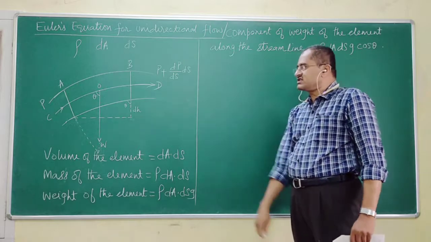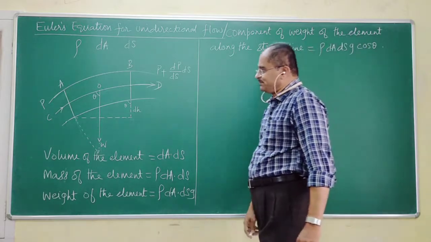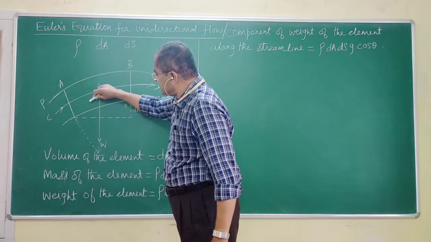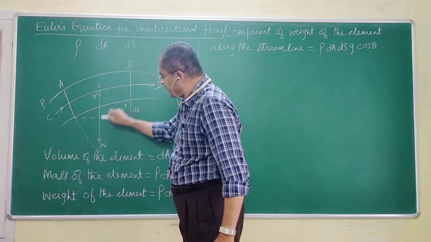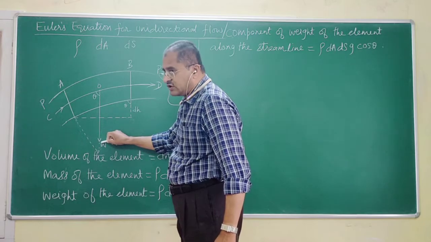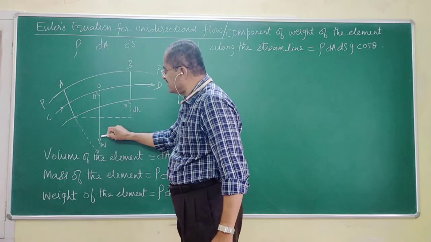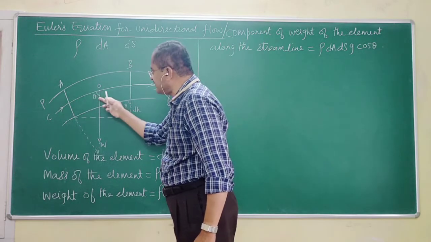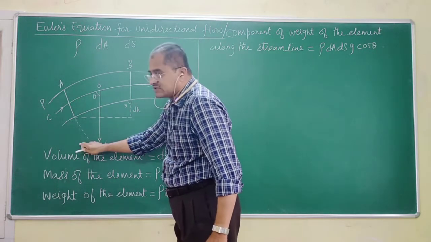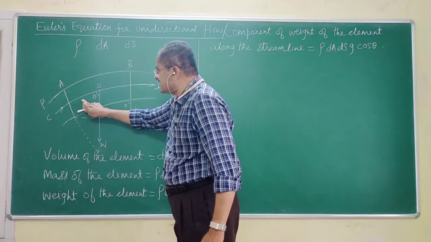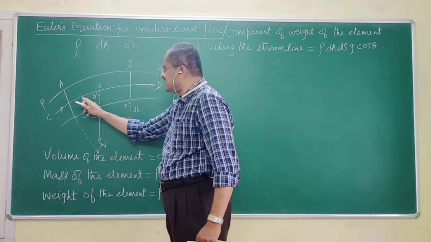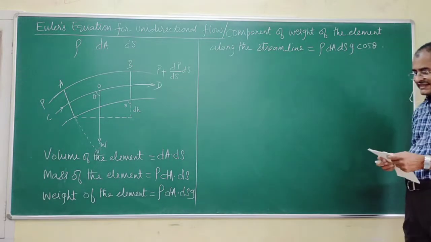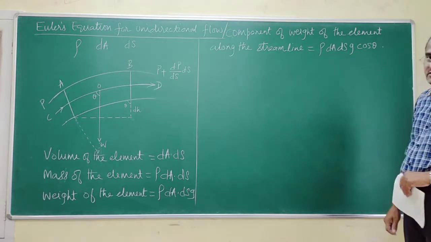For those of my friends who are not able to follow what I am saying, if this is theta, this is the adjacent side, and weight is acting along this. You follow what I am saying? You have to find its component along the streamline. Therefore, cos theta; if you take sin theta, it is going to be the opposite side. Cos theta is adjacent side by hypotenuse, adjacent side is this, and therefore I have multiplied by cos theta. Is that okay to you?